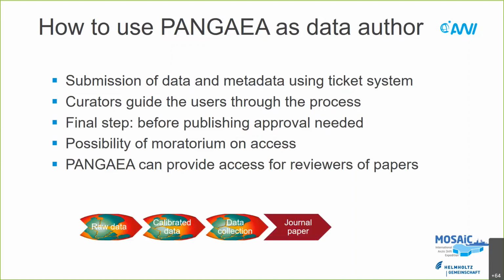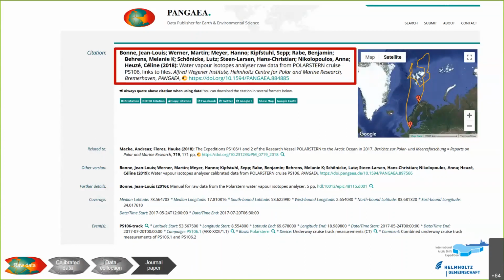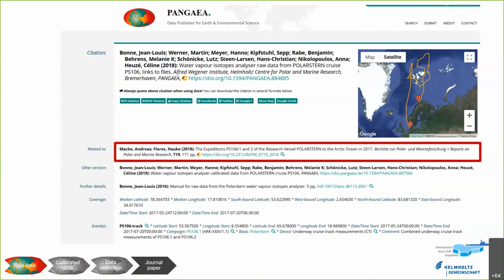So now I'll guide you through several slides that show data sets on PANGAEA, in PANGAEA's web interface. So this is an example of a raw data set, and the splash page of the data sets contains the following information. It has a citation in the header, a map with a location, and then other metadata that include, for example,